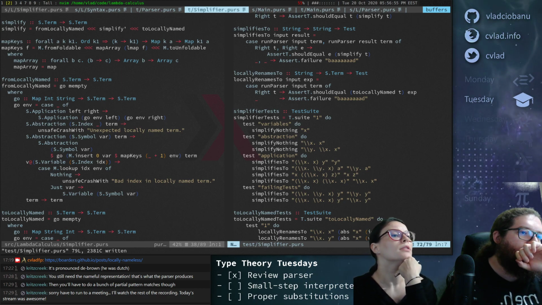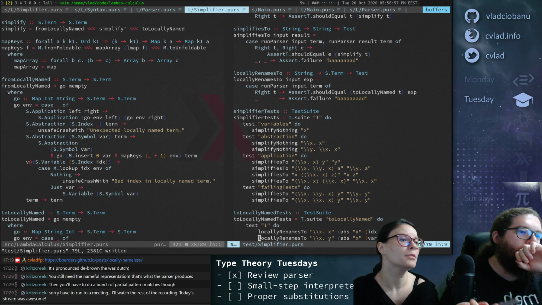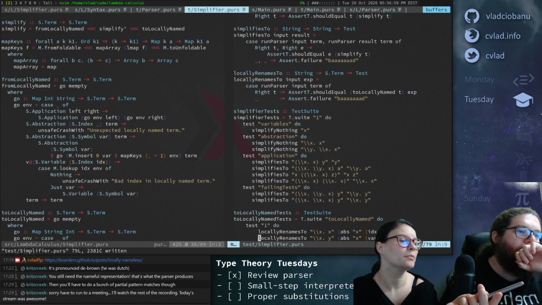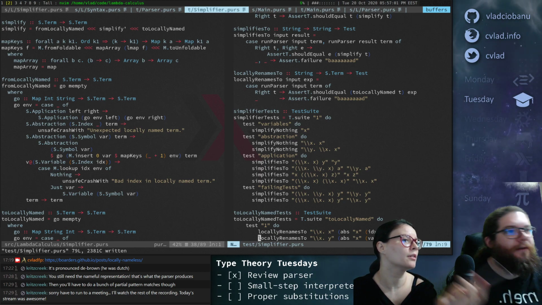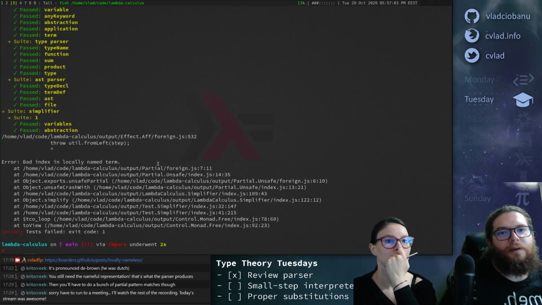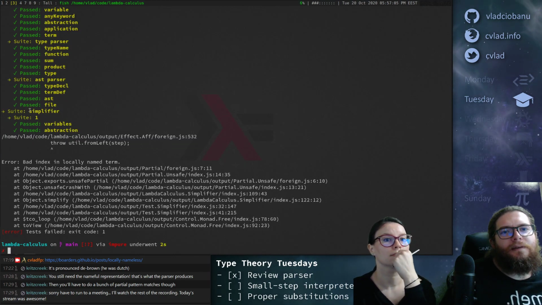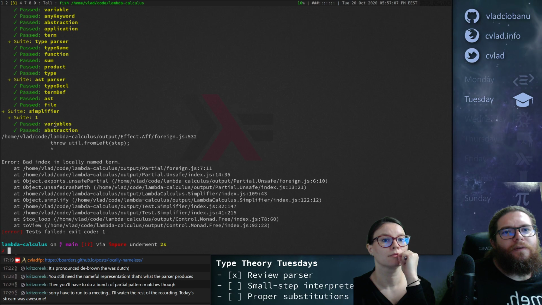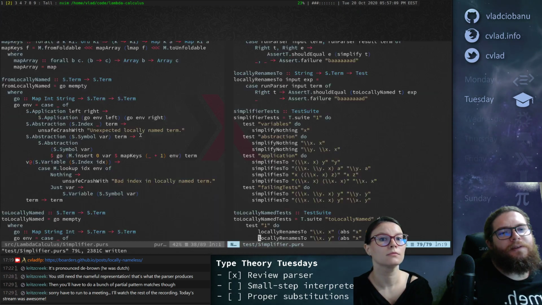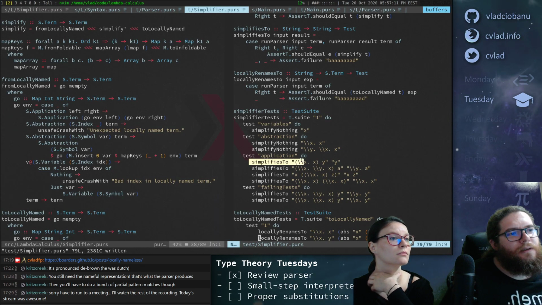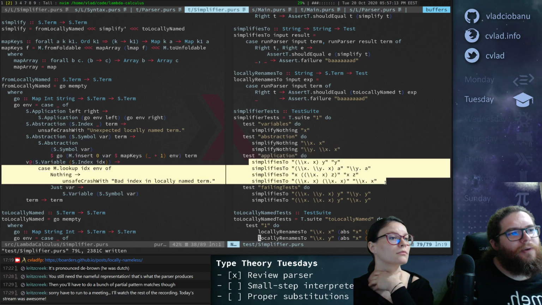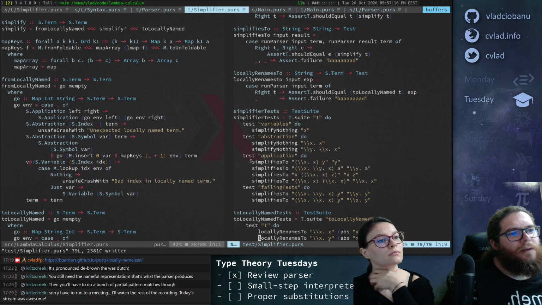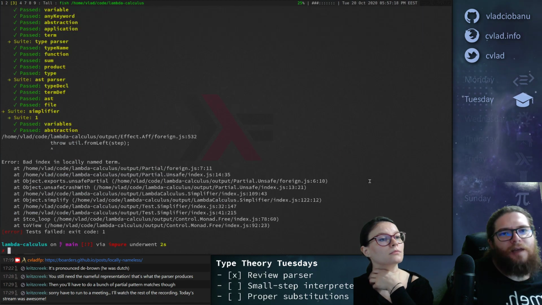Okay, let's try to see, let's do locally renames to that term. Lambda x, lambda y. Wait, no, I want to see which one is the problem. So let's see. So it passes the simplifier variables and abstractions. So it kind of gets here and has a problem, I guess, since it doesn't type application.